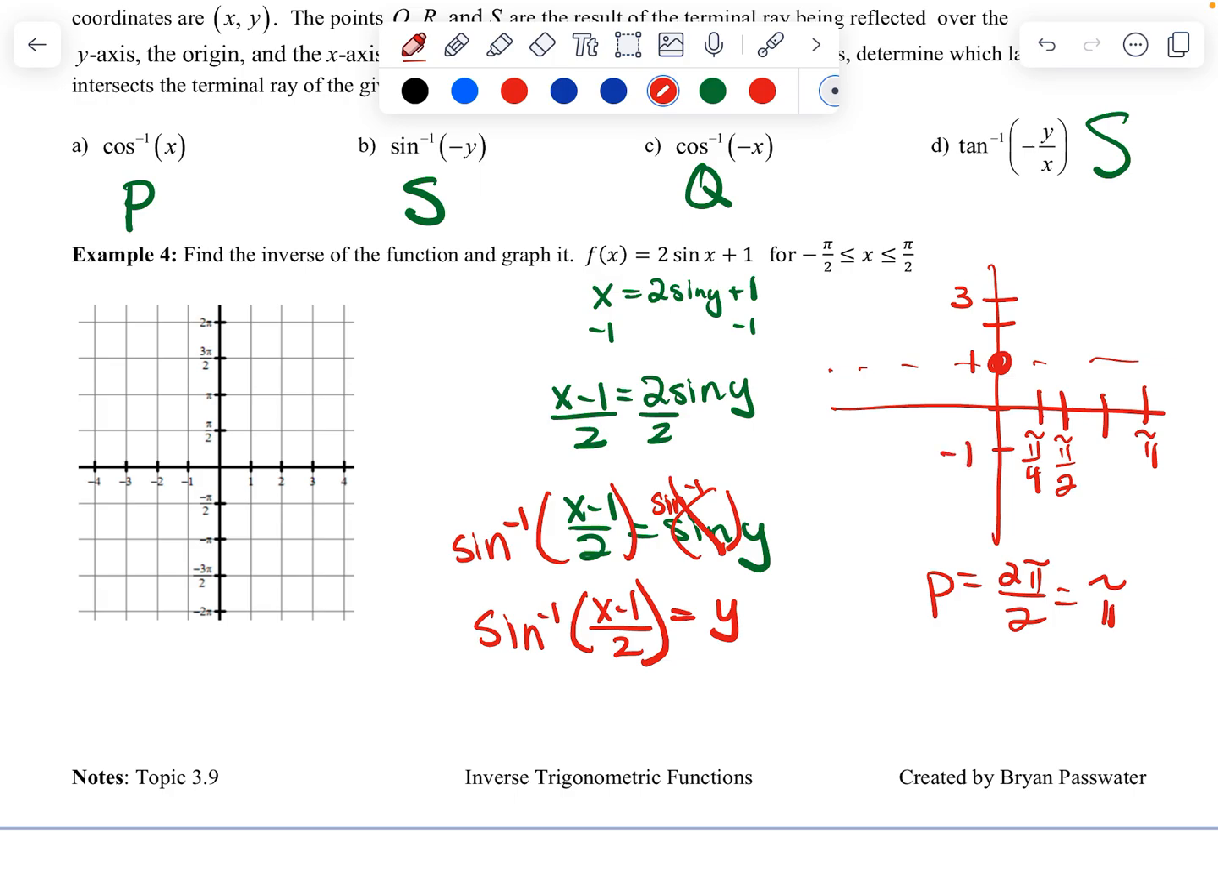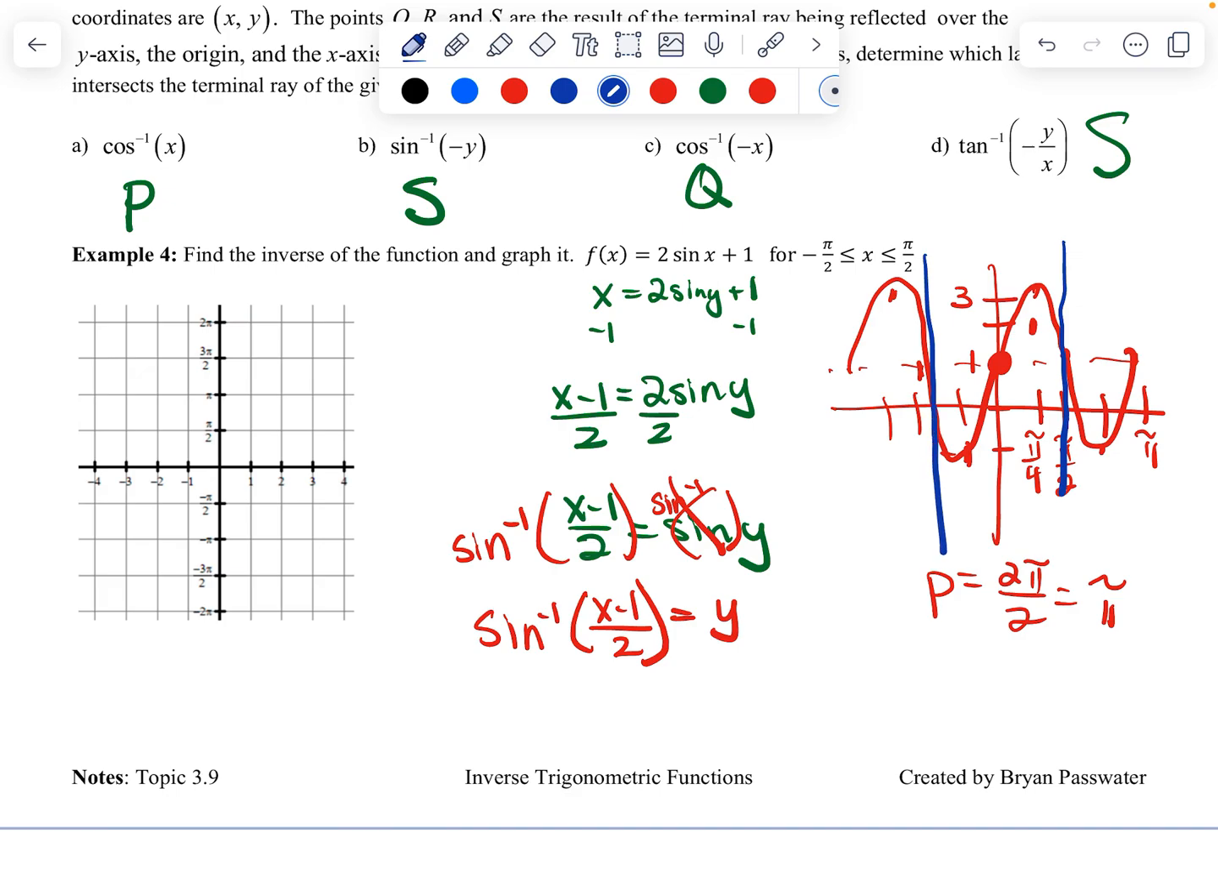Sine starts in our center, and it would go boom, boom, boom, boom. So it would go, whoops, that's not right. High, mid, low, mid. So this would be low, mid, high, mid. Okay, and it wants us for between negative pi over 2 and pi over 2. Okay, so here